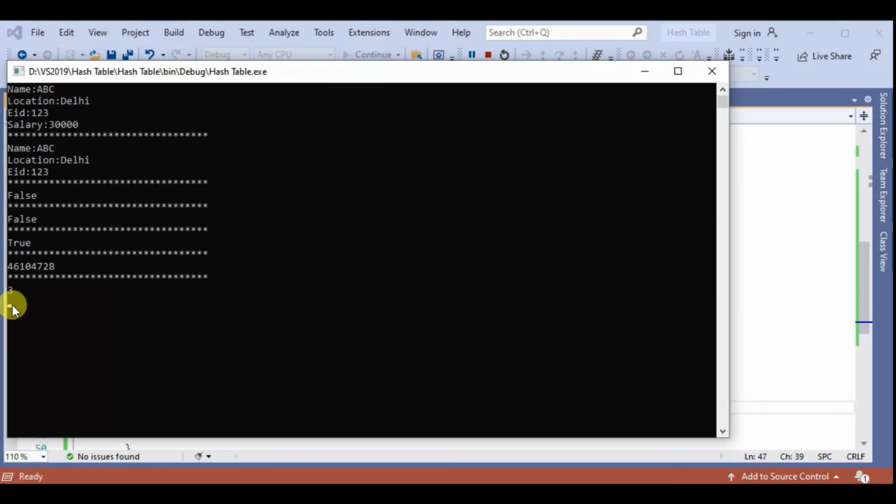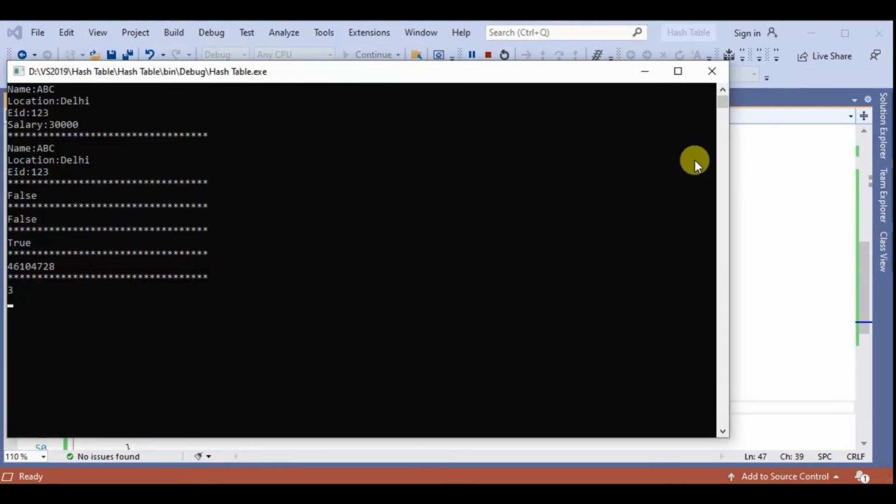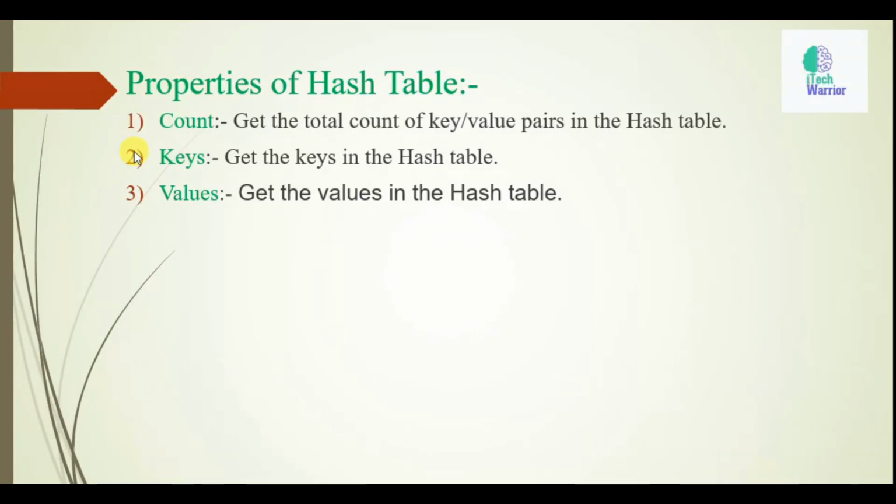So the count property gives the number of items present in the hash table. So 3 items are present in the table after removing salary, so 3 is shown here. And the next properties are keys and values.